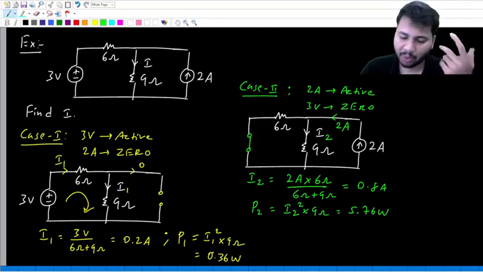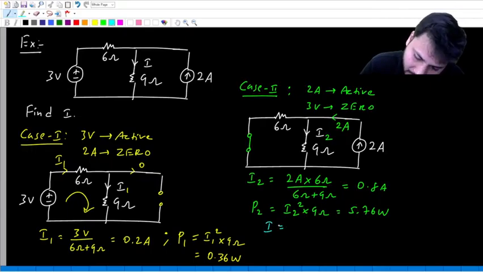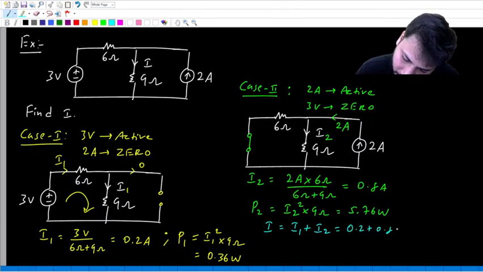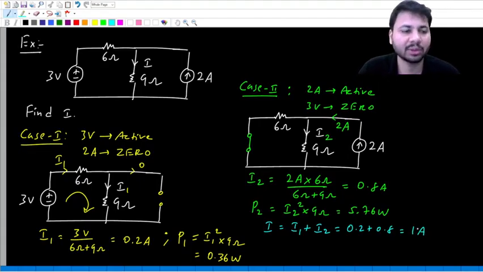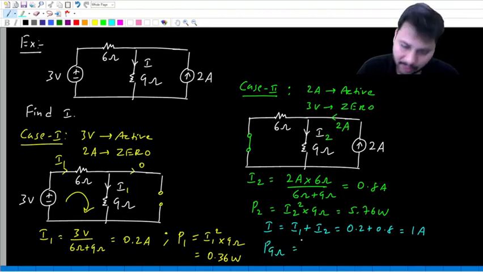But what is the net current flowing through the 9 ohm resistor? The net current flowing through the 9 ohm resistor is the sum of the individual currents, that is I1 plus I2. So is it not 0.2 plus 0.8, which is actually 1 ampere? Yes. So when both the sources are present, that is in the original circuit, the actual current through the 9 ohm resistor is 1 ampere. Okay. So what is the actual power dissipated by the 9 ohm resistor? It will be the square of the actual current into the 9 ohm resistor. I is 1 ampere. 1 square into 9 is